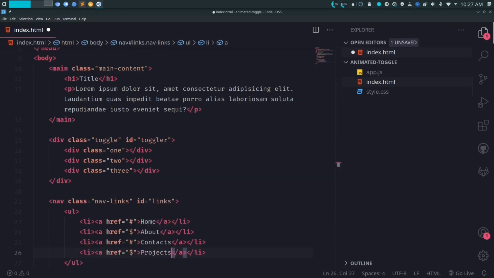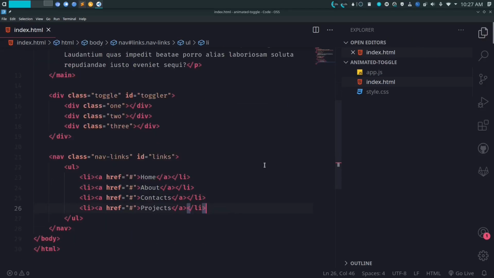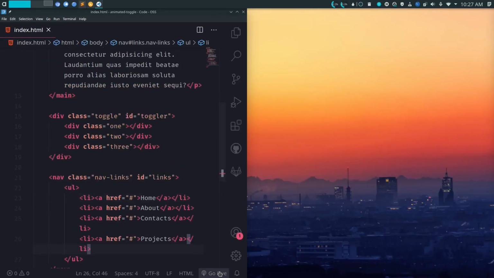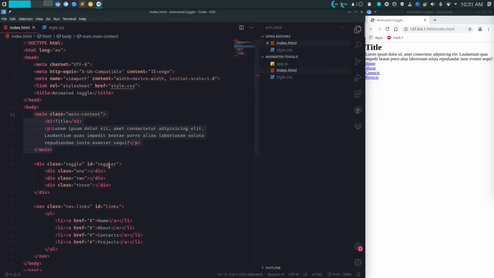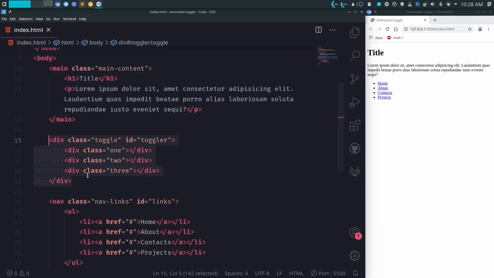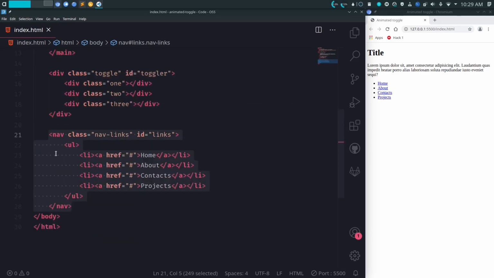I will be making this website especially for mobile, as these types of menus are consistent in the mobile version of websites. So let's make this window smaller. This is just the main content which will be seen when navbar is toggled off. This div is for the toggler or actual hamburger button. I have three divs here to create three lines to depict the hamburger menu. And this is the nav containing navigation links which will only be shown when the hamburger menu is active.